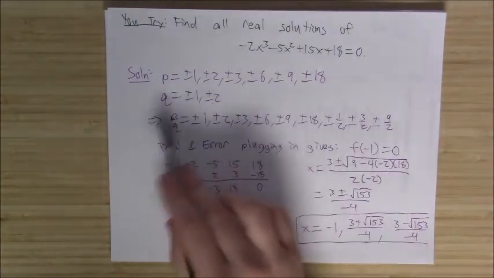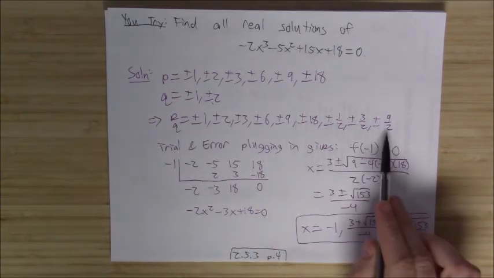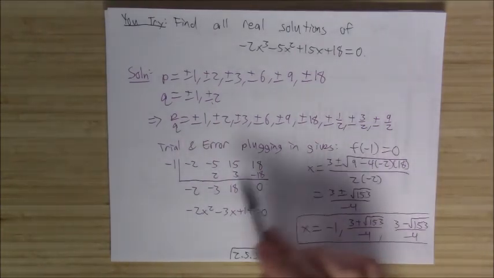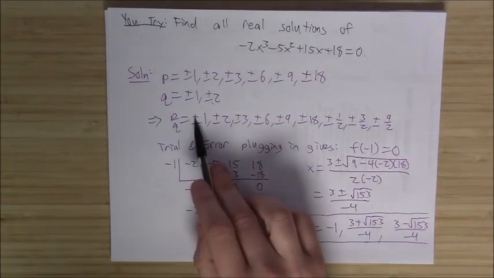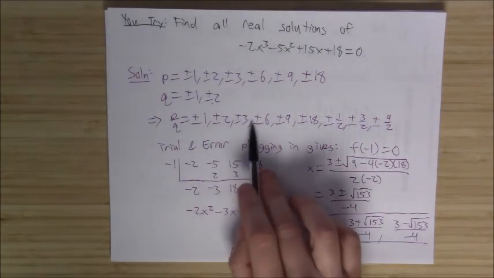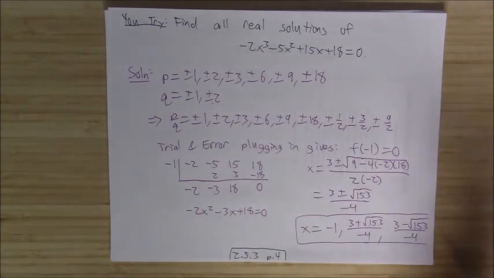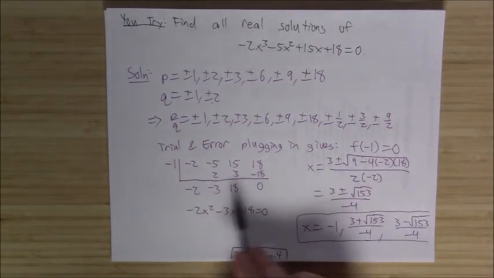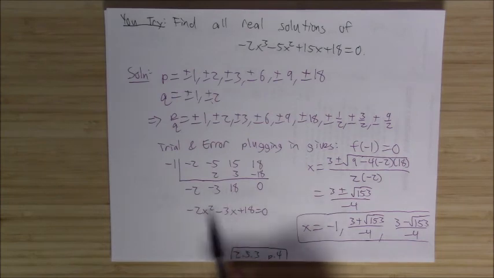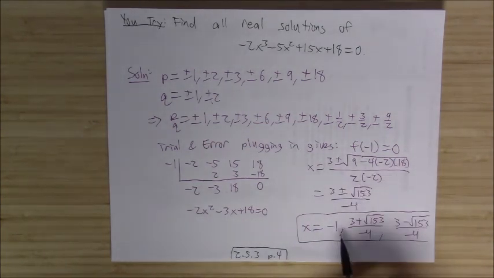So you get your P's and Q's before, and by doing that you get this long list of zeros. Plugging in various zeros, and it took me a while to get this, sadly, because I plugged in 1, 2, 3, 6, 9, negative 9, negative 6, negative 3, negative 2, and then I finally plugged in negative 1 and got a 0. Huzzah! Once I got the 0 out, I can divide out by it, and then I end up with a quadratic. Well, quadratics are easy to solve for the zeros. You just go ahead and use the quadratic formula, and then it's a simple matter of just writing down the